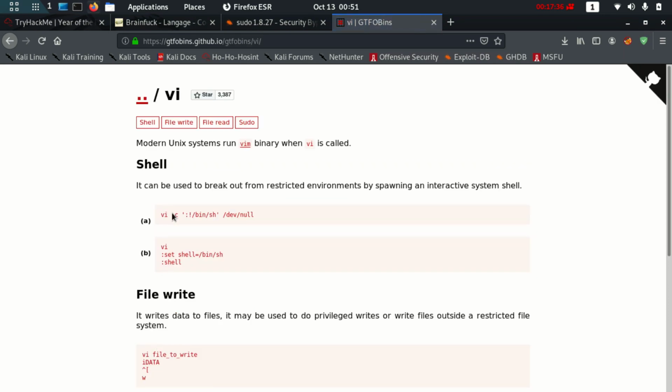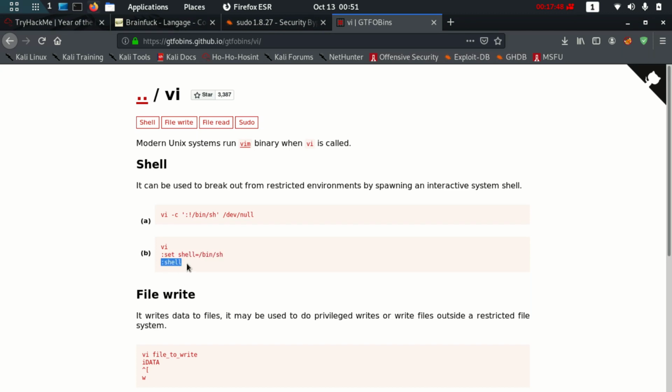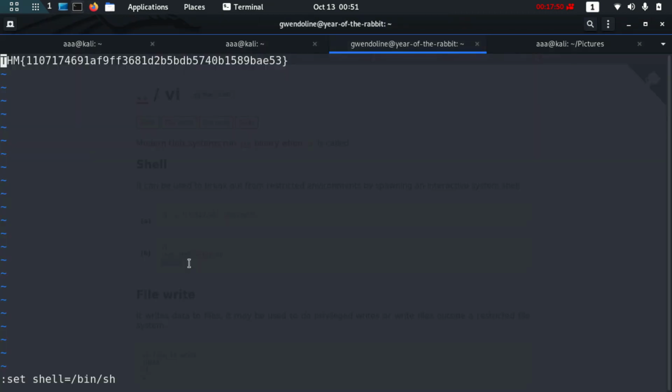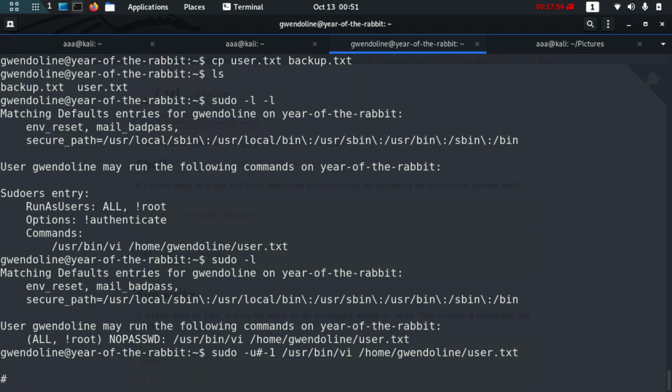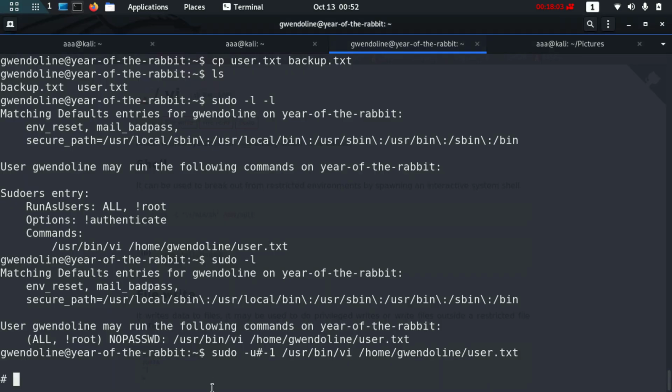So in vi, to get a shell, you need to run vi, which you just did, vi and some command. Then you need to type this thing. So let me type this, enter, then I'll just type this and enter. I'm just copying and pasting, that's all I did. And all of this code, how did I get it? Just GTFOBins. It's a great database for vulnerabilities and all.